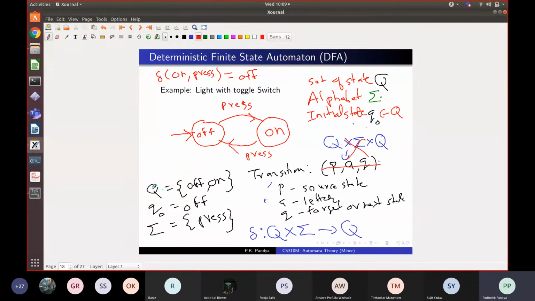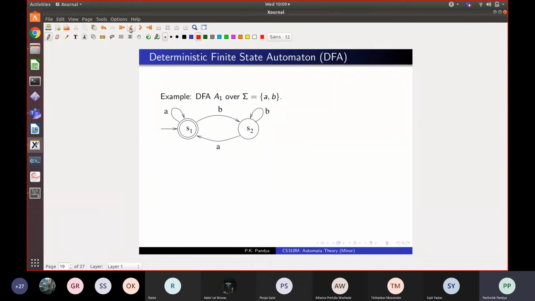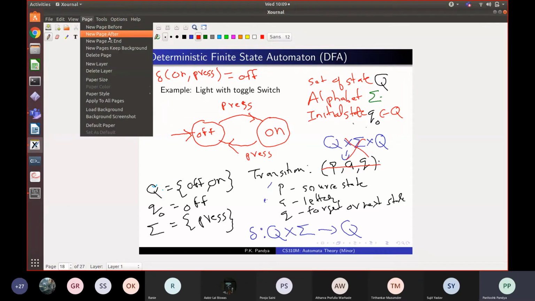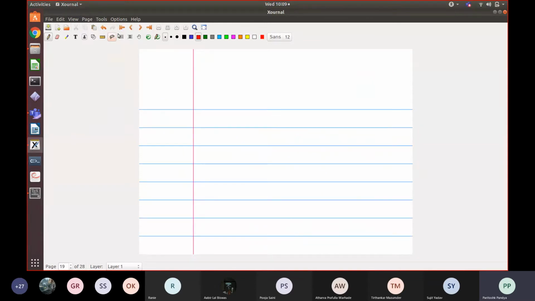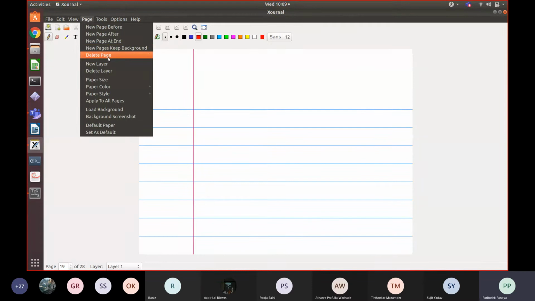So what have you got? You've got this set of states, the initial state, the set of letters or the events, and then I have this transition function. Diagrammatically, I can give it like this, right? So an automaton can be specified. Okay, I think I need one more page. I'm going to go a little slow. But I think it is important that you guys get these fundamentals right, because once you get that, then things will become easier.